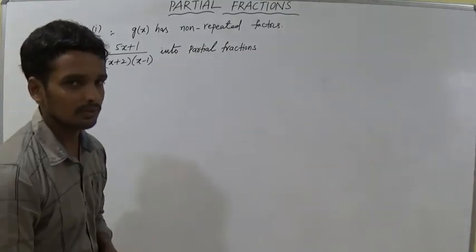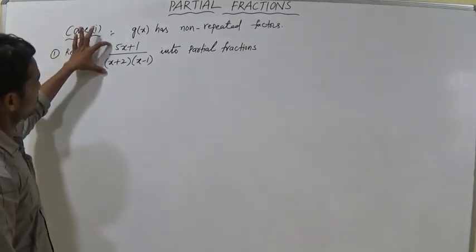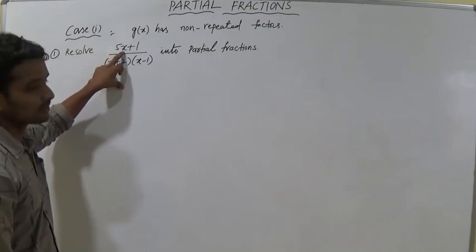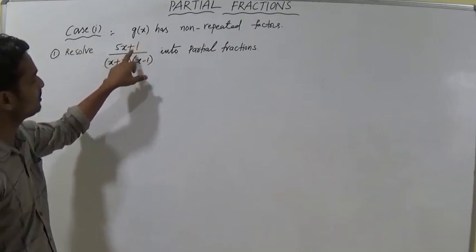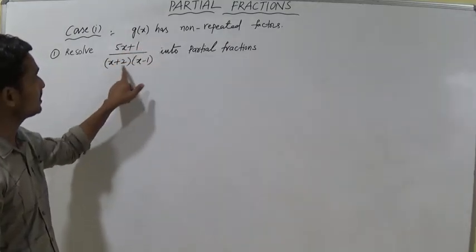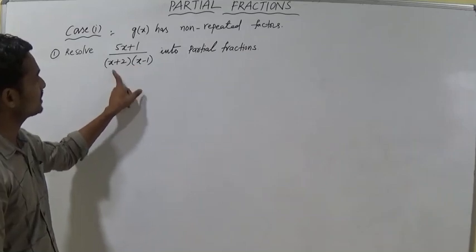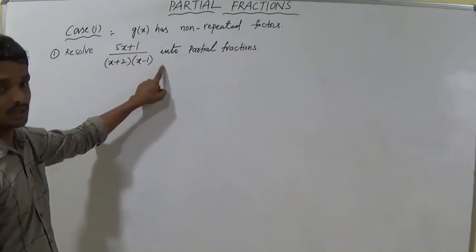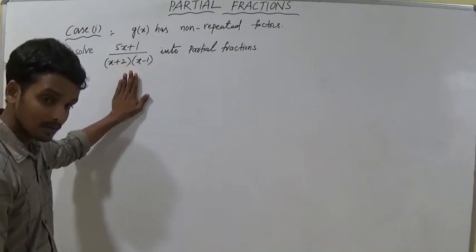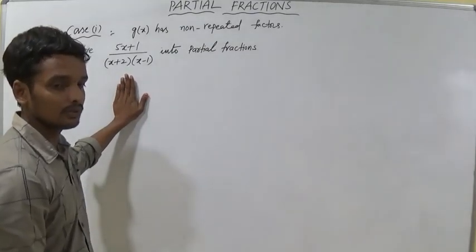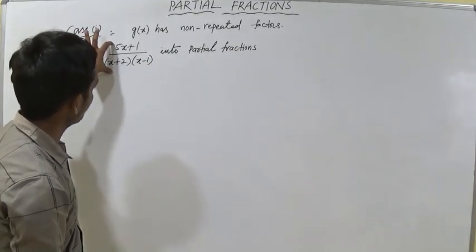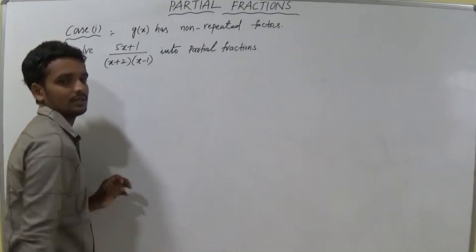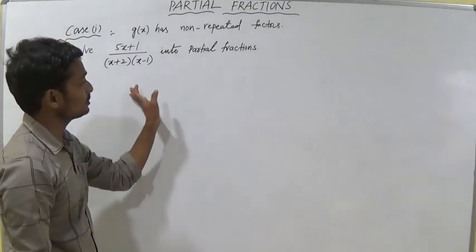So what do we have to do? The meaning of the question is that this is a fraction. Which fraction is this? Observe it. What is the degree of the numerator? Here it is only x, so the degree of the numerator is 1. What is the degree of the denominator? Here x into x is x square, so the degree of the denominator is 2. Then this fraction is called a proper fraction. The meaning of the question is that they are giving a proper fraction, and we have to decompose it, that is, split it into partial fractions.